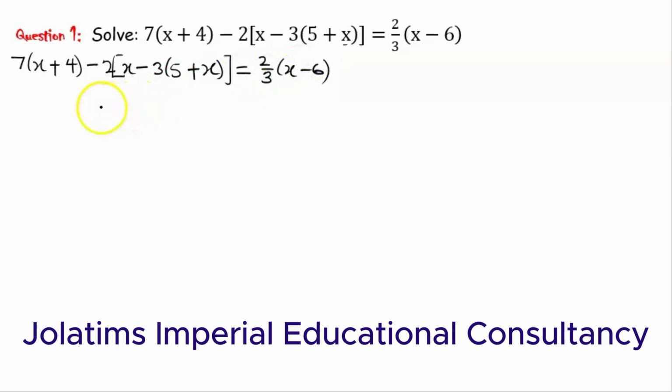Just like what I said in our previous video, whenever you have an expression like this, you focus on the expression inside the rectangular bracket first. Try and simplify that before you use the one outside this rectangular bracket. So it's important for us to quickly simplify what we have in here before we start looking at the outside expression. So we can just open this, remove this bracket. We are going to have 7x